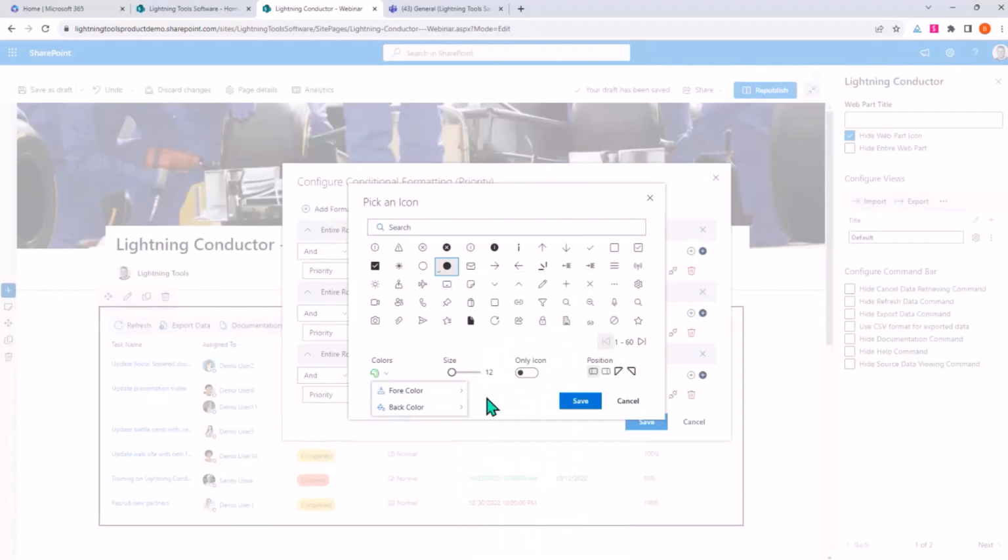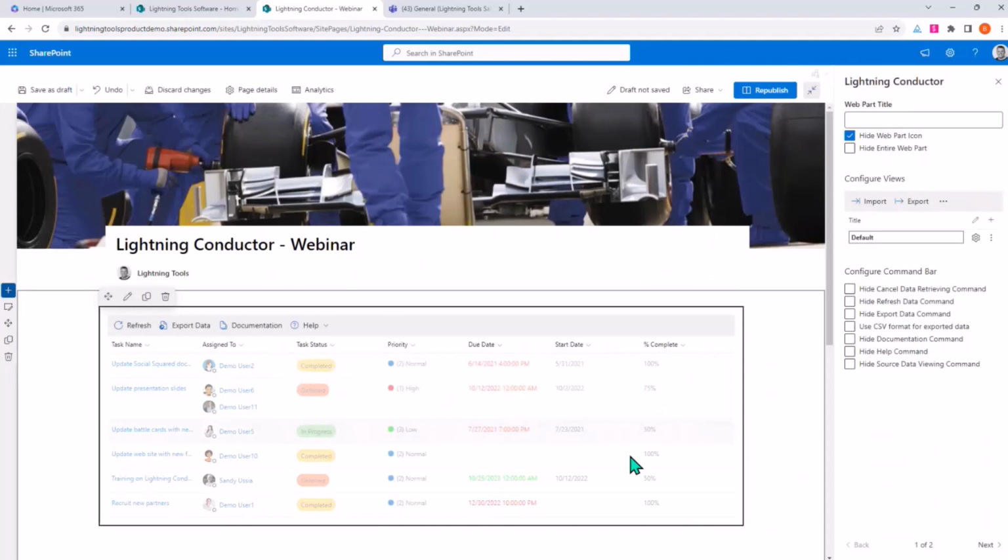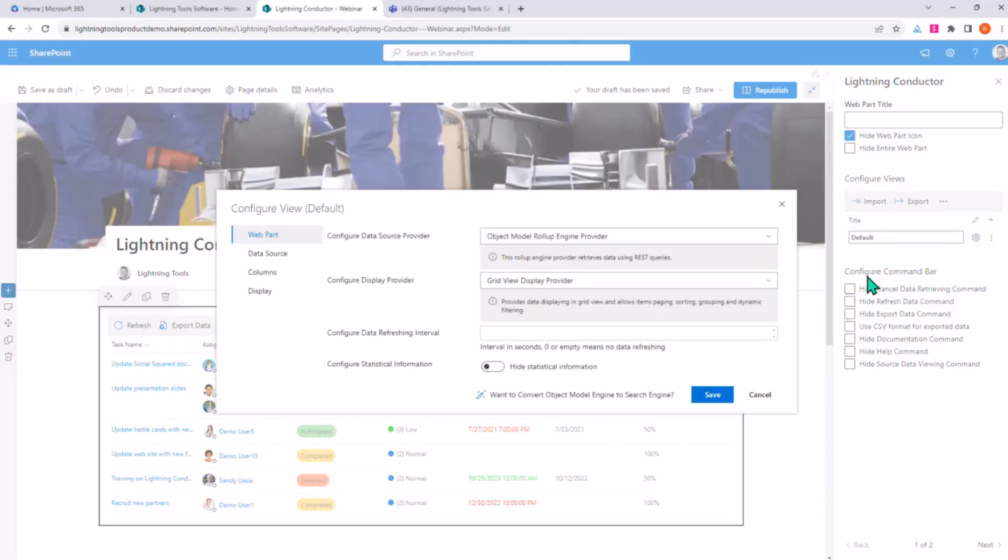Okay, so we've got some sort of traffic light colors going on there with our conditional formatting. So now we can focus in on what's really important. So that's the sort of thing that you can do here with tasks. I'm just going to throw in one new feature here as well,